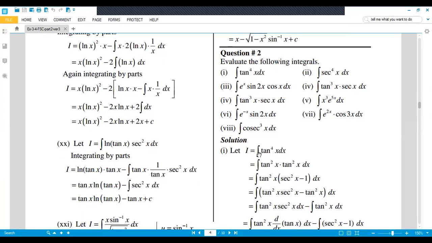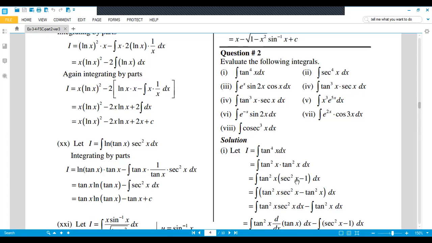So the first part is tan to the power 4 x. Suppose I is equal to the integral of tan^4 x dx. We can split tan^4 x in the form of squares. You know that if the bases are the same, the powers will be added. Again, it will be equal to tan^2 x times tan^2 x, and you know that tan^2 x is equal to sec^2 x minus 1. This identity we studied in class 10 and first year, and now we are going to use it here. So tan^2 x is equal to sec^2 x minus 1.